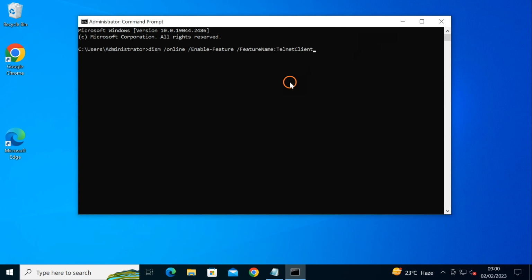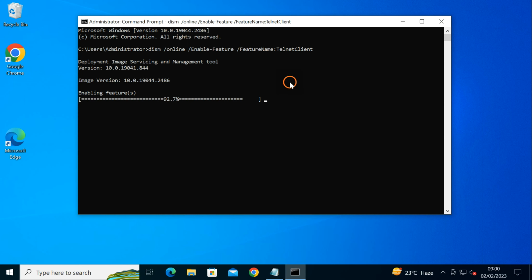Then tap Enter on the keyboard. This will also install Telnet on your Windows 10 machine.